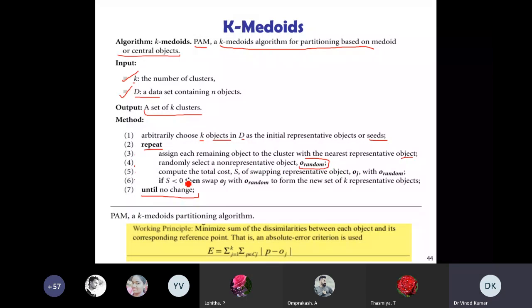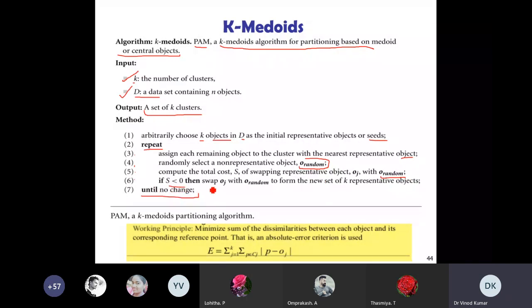Then you compute the total cost S of swapping the representative object Oj with O random, any random object.